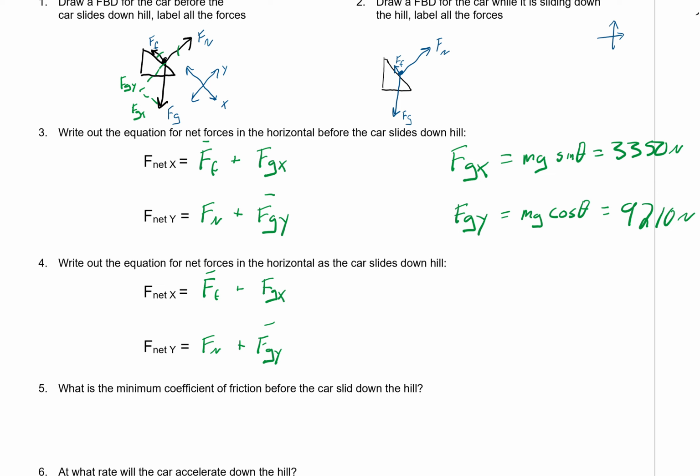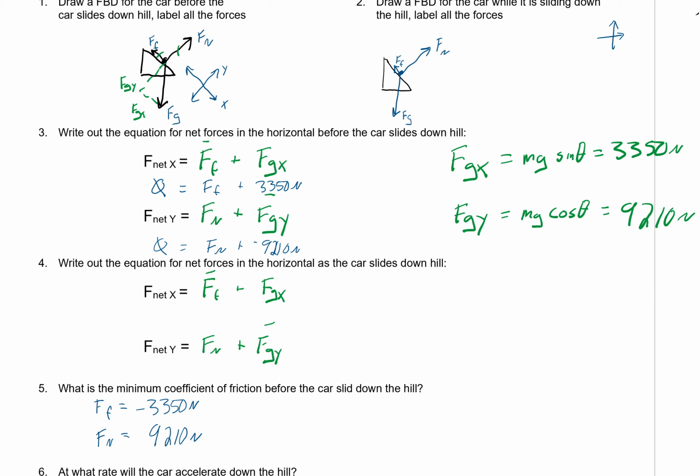So we're going to start to put that into our equations. So before the car rolls down the hill, net force is going to be 0. Force of gravity in the x is 3,350 newtons plus force of friction. So I can pretty much work out that the force of friction is going to be negative 3,350 newtons. And the y is 9,210 newtons. Net force is 0. So I can figure that the normal force is going to be